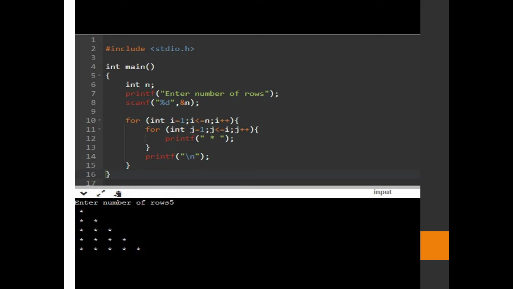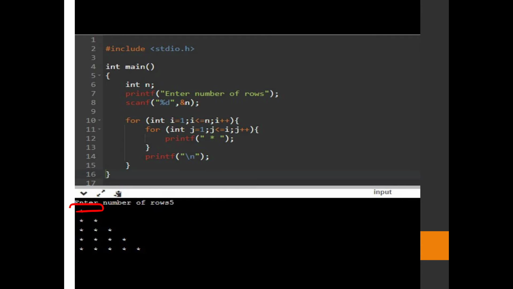First you have to observe how we can draw this type of pattern. In the first row it is printing one single star, in the second row two stars, in the third row three stars, in the fourth row four stars, and in the fifth row five stars.